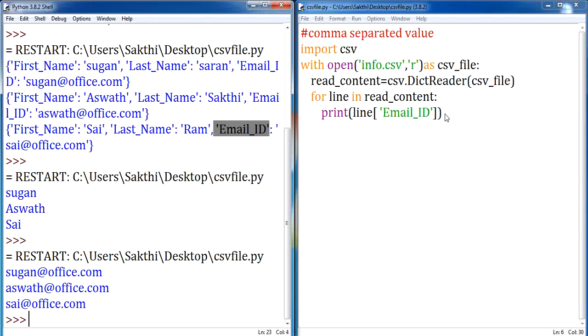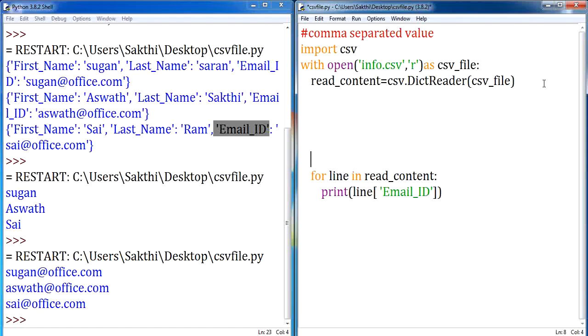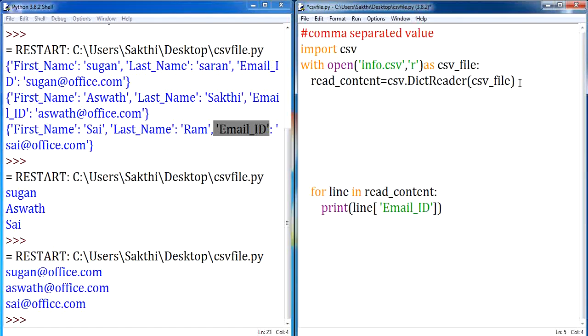Clear? I hope you are clear with how to do the read operation in dictionary format. Now let us go further and do the write operation, where you are going to copy data from one file in dictionary format and write it into the other file in dictionary format. So let me make use of the same file. I open a file in read mode. Let me open one more file with open, and let me mention my file name as new_info.